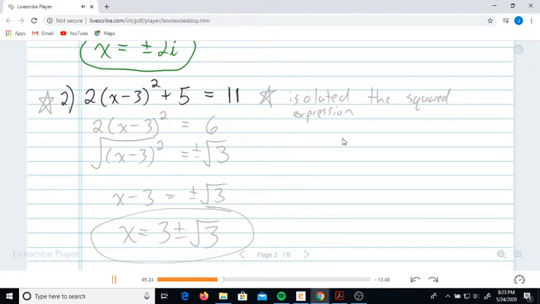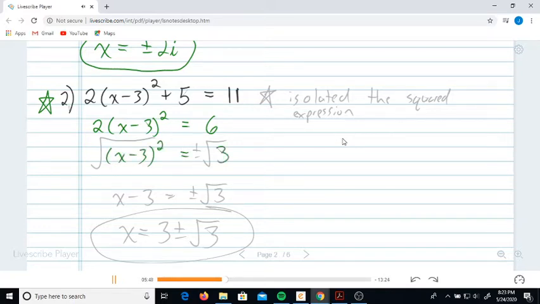Now here, in example number 2, note that the quantity x minus 3 is squared, so if we isolate that, we can use square roots to cancel out the squaring. So that's exactly what we're going to do. So we can subtract 5 from both sides, and then we want to go ahead and divide both sides by 2,